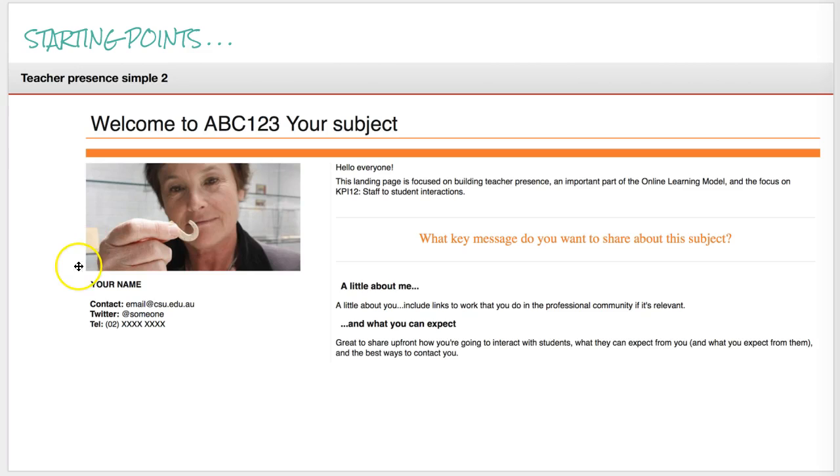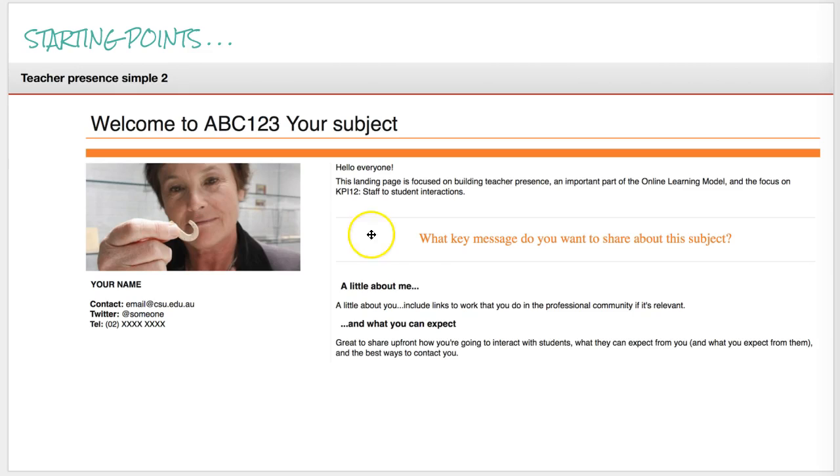Again, this is a really familiar kind of landing page. An introduction here, welcome to your subject. You could also make that top line a really engaging heading, and then in this orange bar here, put welcome to your subject. So you're using that heading much more strategically. Space for an overview, some subheadings if you wanted to divide that up, space for contact details, space for a